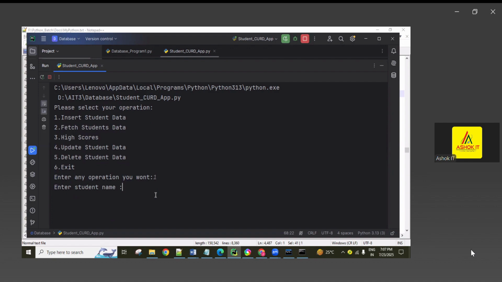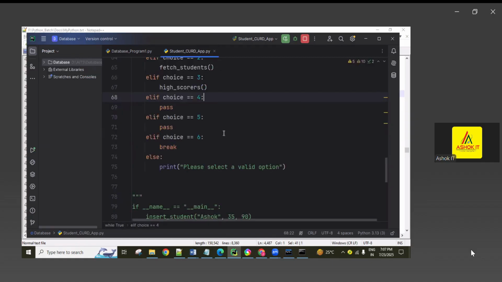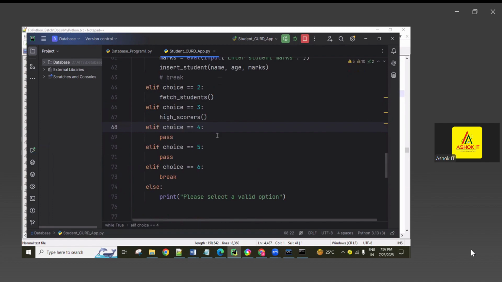So for example, Ravi or else Raju I'm using, and enter the student age, for example 22 I'm using, enter student marks, 75 I'm using, guys. Okay, so now student data inserted successfully. Again it asks, okay, and until you press 6 it repeatedly asks. So if each time I want to do only one operation and stop, then